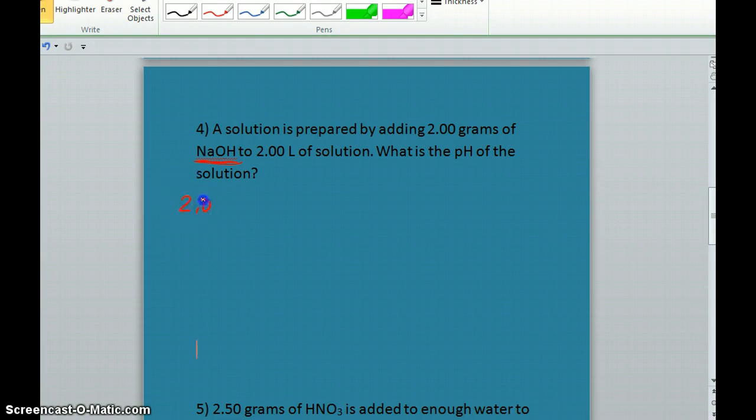And yes, what we really have here is 2 grams of a strong base, sodium hydroxide, for 2 liters of solution. And if only this were a molarity, I could easily get the molar concentration of hydroxide and the pOH of the solution. So that's easy enough, because the molar mass of sodium hydroxide is 40 grams sodium hydroxide per 1 mole sodium hydroxide. Mass cancels, and now I truly have a molarity, moles per liter of solution. And it looks like it comes out to